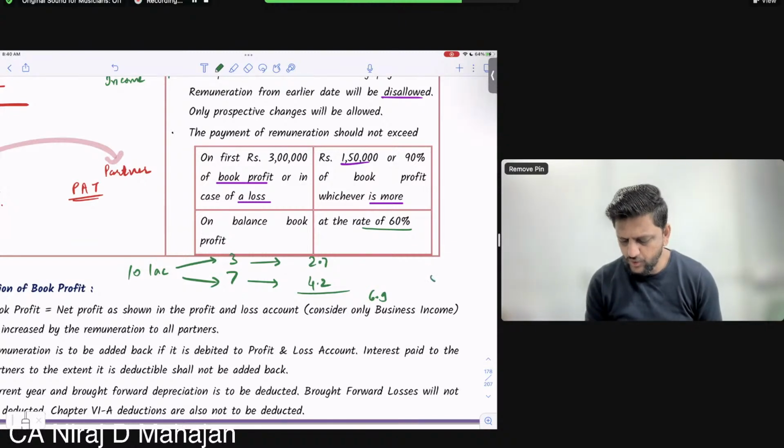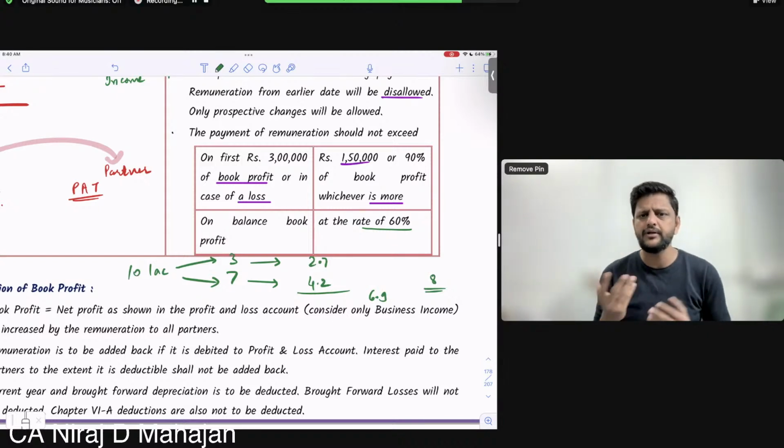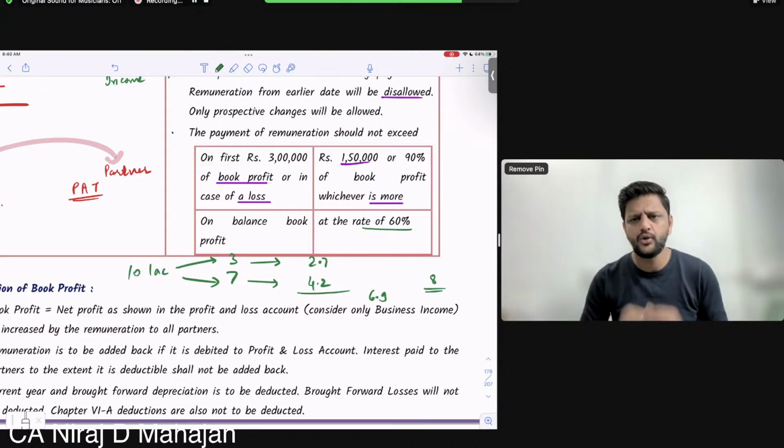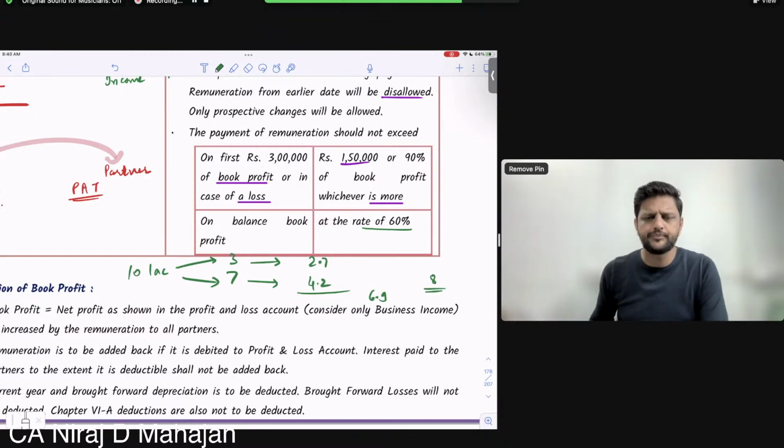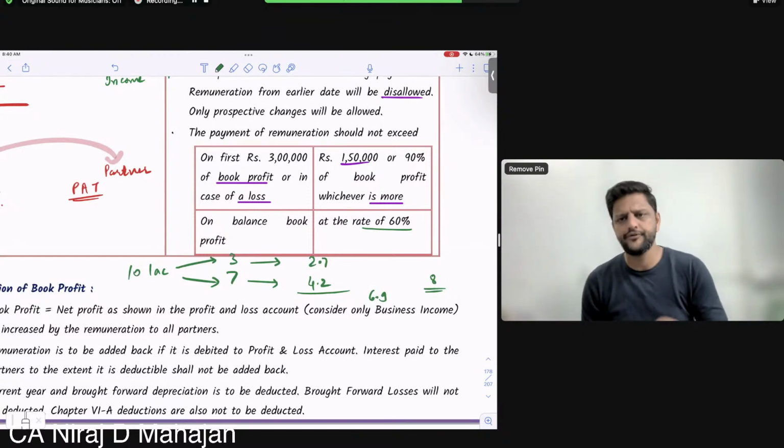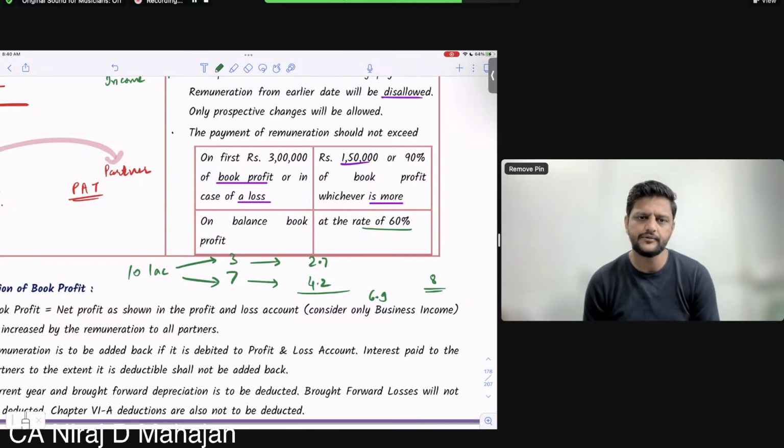total remuneration debited to PNL, the remuneration paid, so you have debited PNL. Look from the accountant's point of view, what did he do? Remuneration to the partners, so he debited the PNL. If it was debited 8 lakhs, what will you do now? You will calculate book profit as per 40B, which is what we are doing right now. And after that, the remaining will be